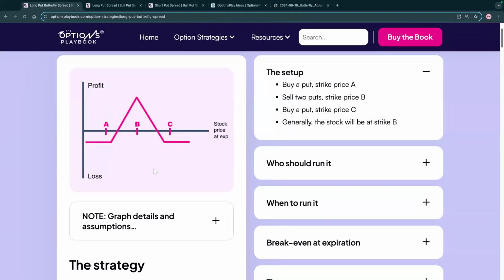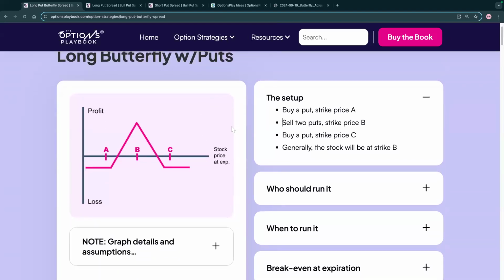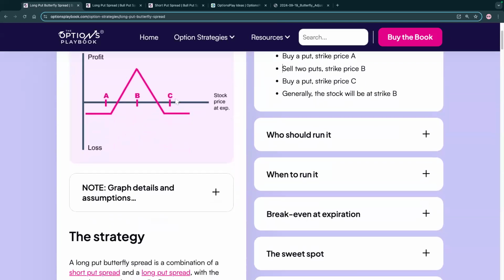Okay? So if you just look at a standard butterfly, it's a ratio. You're buying the stock that, if we're doing put butterflies, which this one is considered a long butterfly with puts, if you're doing these, if I'm doing puts, I'm being directional. It usually means that I want the market to go down. So the stock is up here somewhere by strike C. You want it to drift lower down to strike B, hang out there, and then be there at the expiration date.